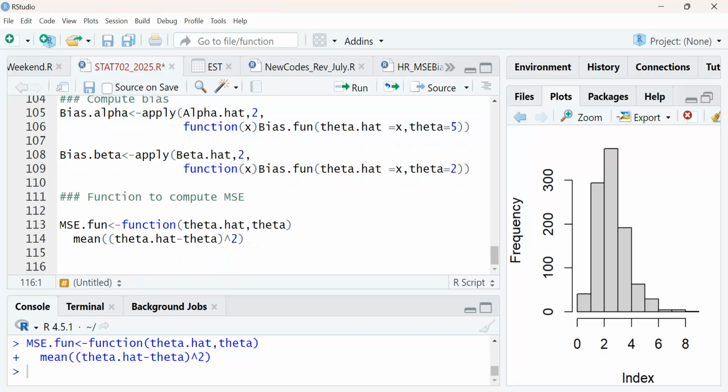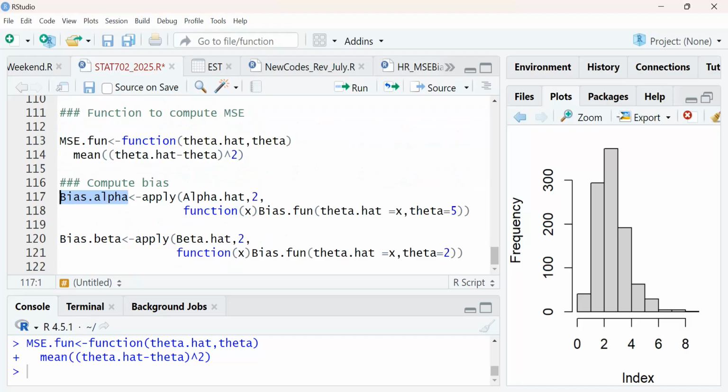You can check it. So all I'm going to do is to change this to MSE, and then I change this to MSE. And here, instead of bias fun, what do I put? MSE. So everywhere I see bias, I put what?